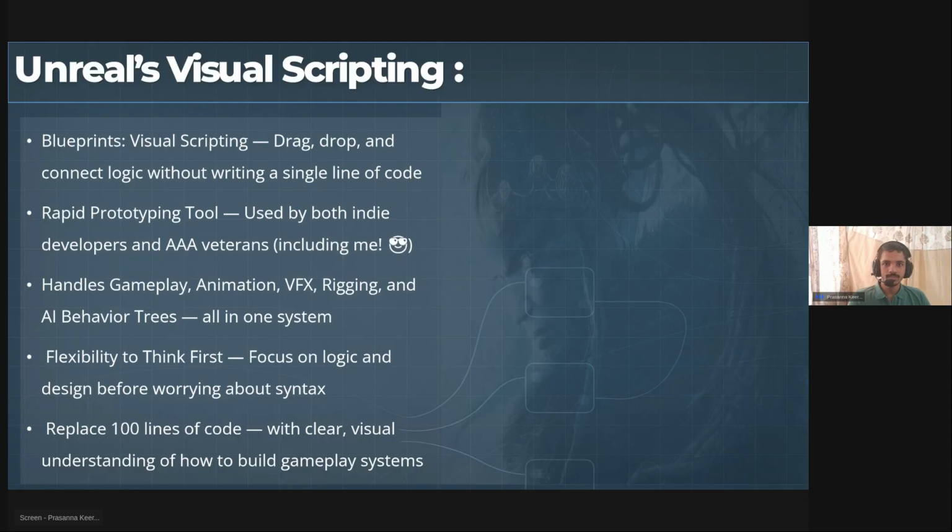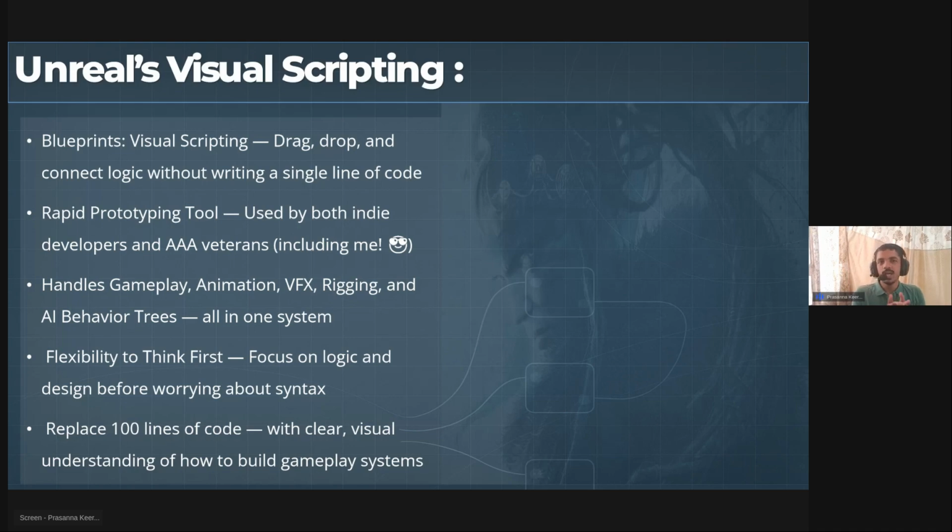In 2014, I guess, we completely have the freedom, whether you are an artist or a student, whatever. You can just bring your ideas to life through the visual scripting system. So what is exactly the visual scripting system, first of all? Visual scripting means you can just drag and drop the nodes and build the logic. For example, if you need to jump, what are you actually doing? You are acting against gravity, applying some force, and then the character slowly drags to the ground again because of gravity.